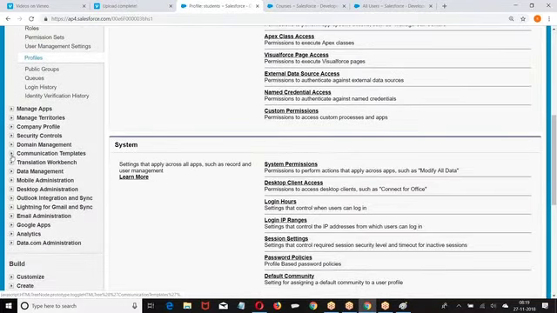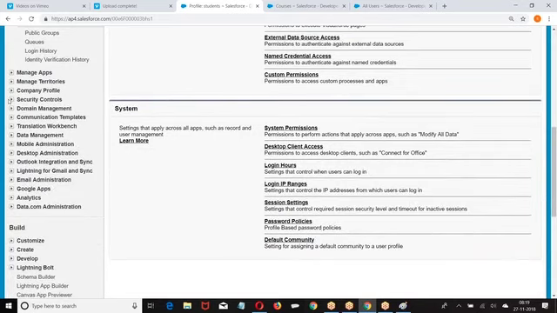Just give me 1 minute. We are losing the permissions for some reason. Let me check it out.